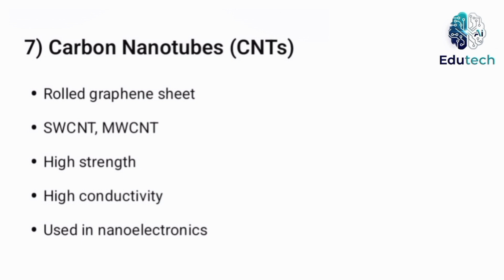They have very high tensile strength and low density, making them lightweight and strong. CNTs are used in nanoelectronics, field emission devices, supercapacitors, sensors, and composite materials due to their remarkable electrical and mechanical